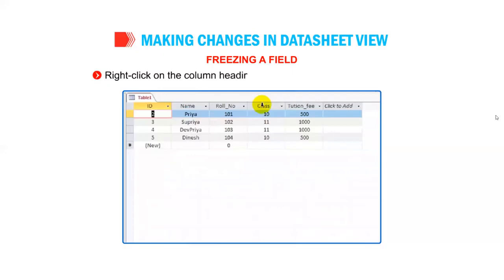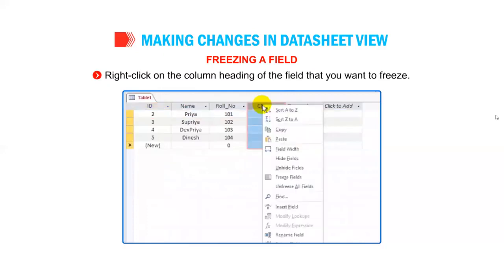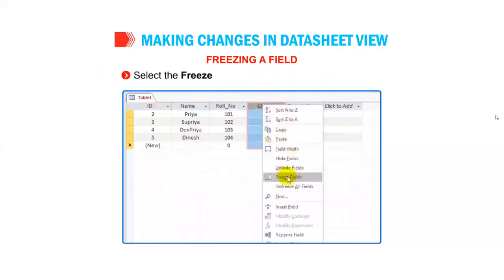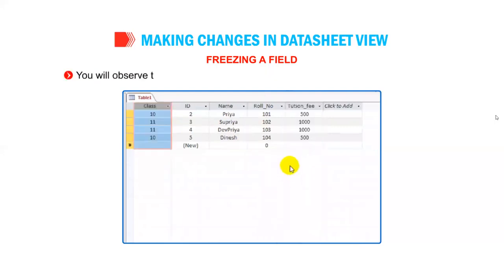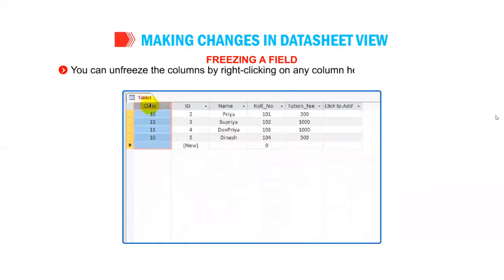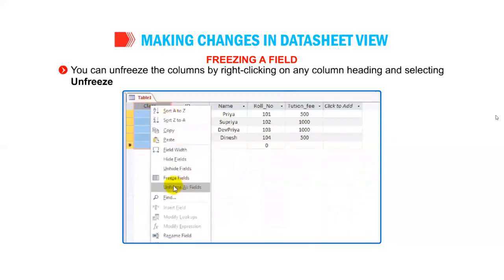Right-click on the column heading of the field that you want to freeze. Select the Freeze Fields option from the context menu. You will observe that the selected column is shifted to the extreme left of the table. You can unfreeze the columns by right-clicking on any column heading and selecting Unfreeze All Fields option from the context menu.